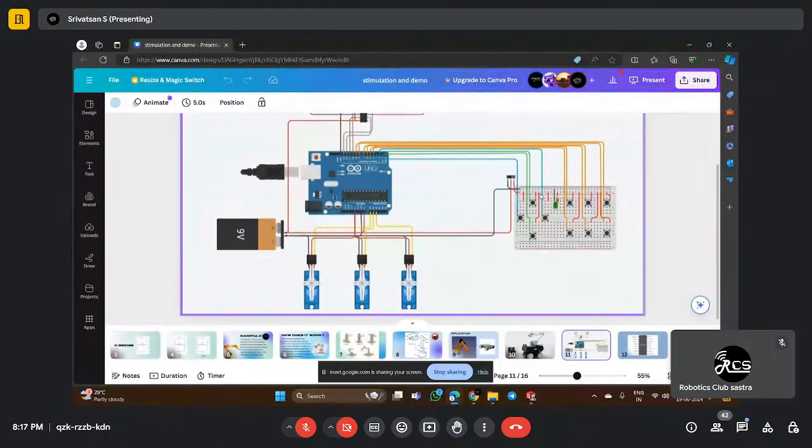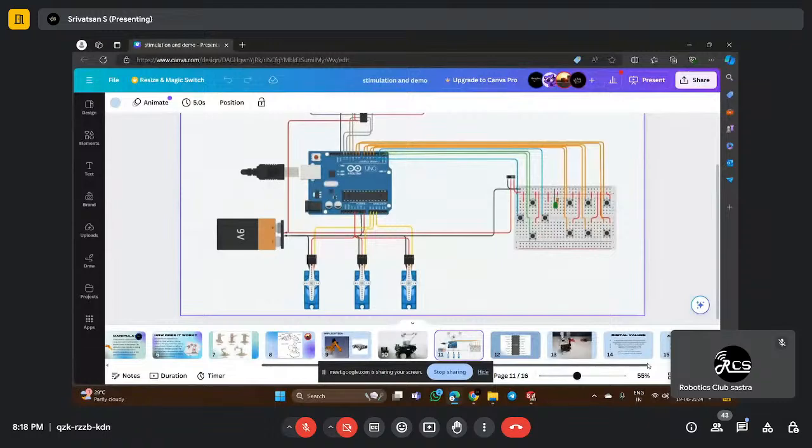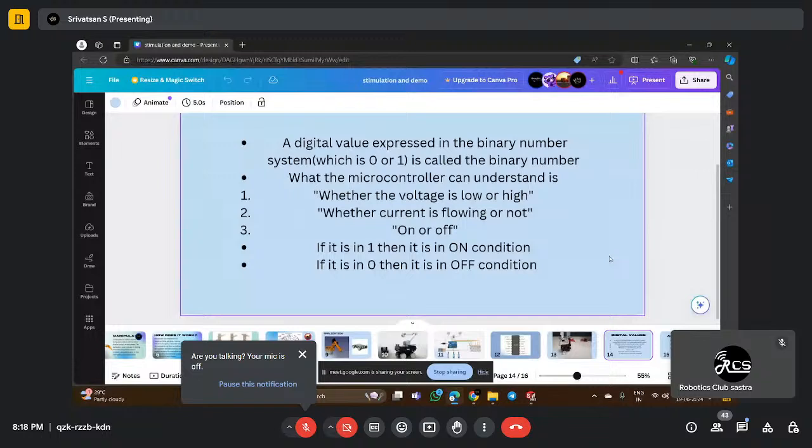The joystick module uses analog values, whereas the switches give digital values. You learned about analog and digital values in our day one and day two sessions, but let us recall. Digital values express only binary format. It will be either 0 or 1, either on or off. If the value is 1,